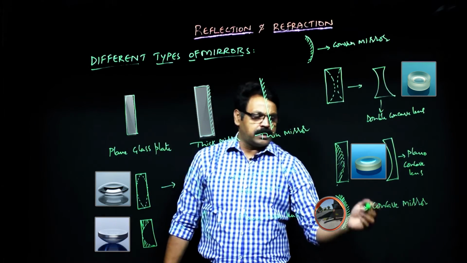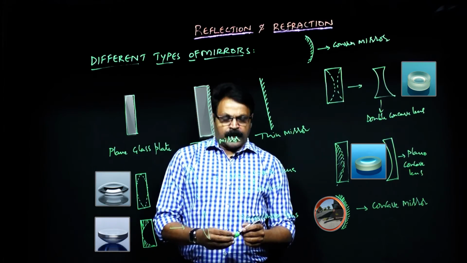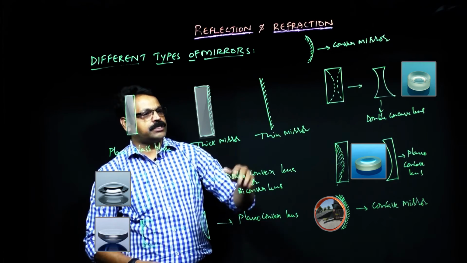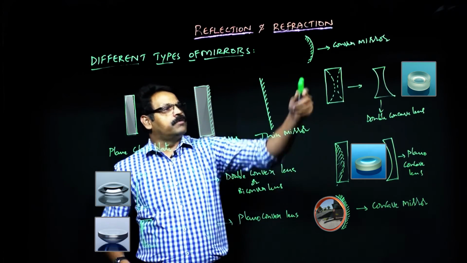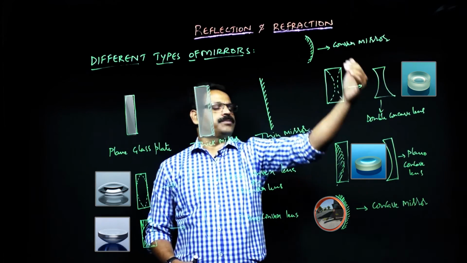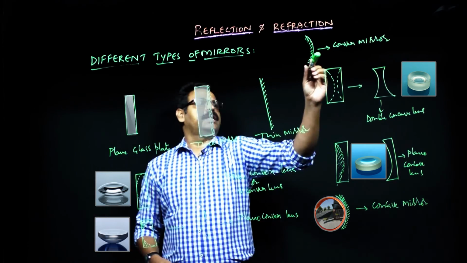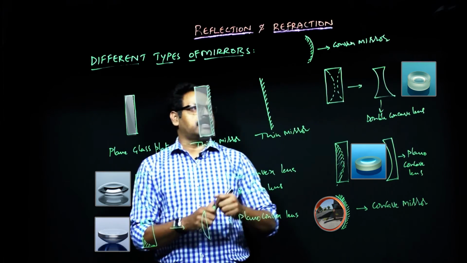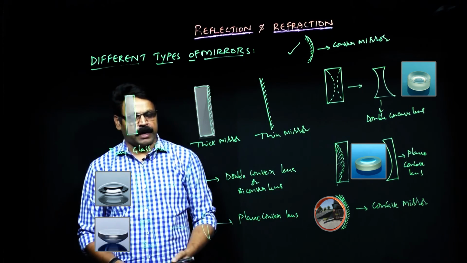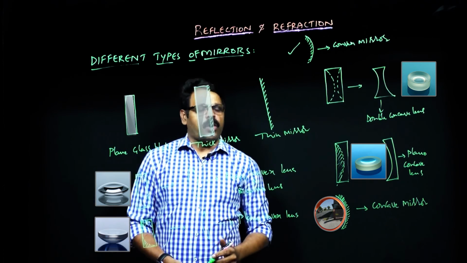So now we are going to look at how the images are formed. Just like the plane mirror case, where we saw how the image is formed when an object is placed in front of the plane mirror, what its magnification is and what the nature of the image is, we are to look at the nature of the image and image formation for the various types of mirrors. Since these are curved mirrors, we call them spherical mirrors. So first we will start our journey with the spherical mirrors, then we will look into the lenses part. We will now have a discussion on concave mirror and convex mirror.